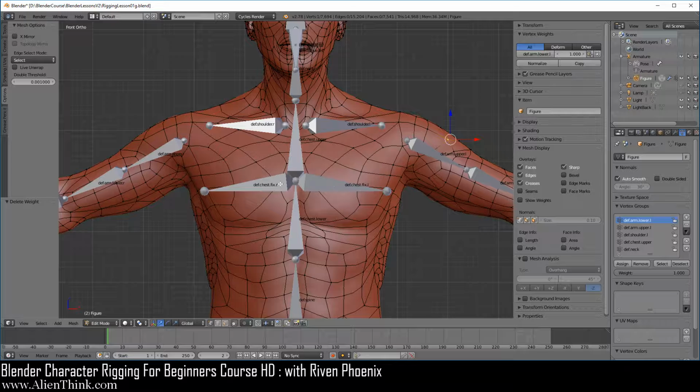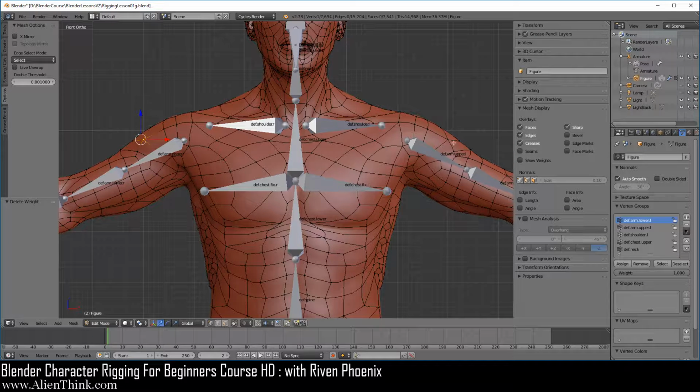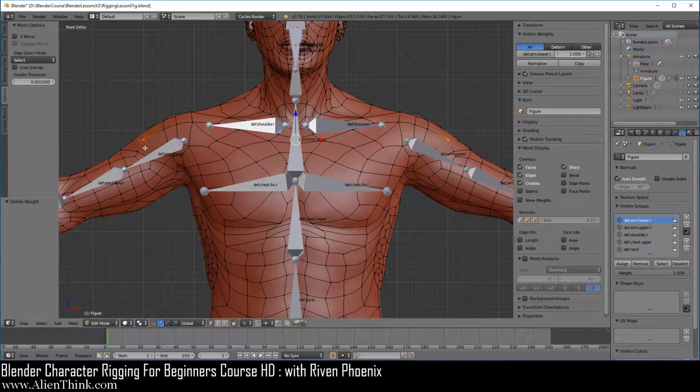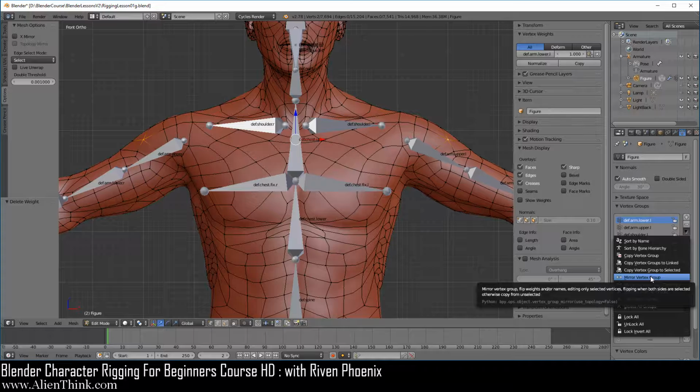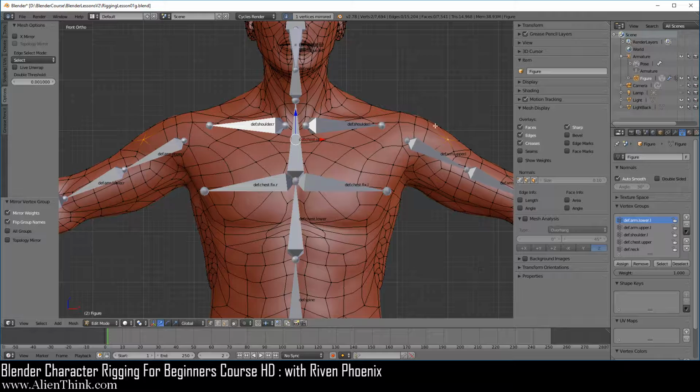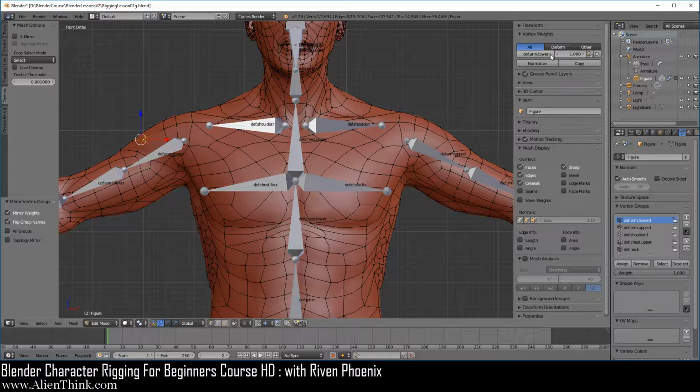Now click on this vertex, press the shift key down, and then click on this one. The reason we did it in this order is so we can see it over here. Now we can actually move this vertex group from here to here. So you have to select both of the vertices. Go ahead and click this and hover your mouse over here. So now when we look at the last part just a little before, it says flipping when both sides are selected. So when you click this, you'll notice that it's going to take the vertex group that was here and it's going to flip it to this side.